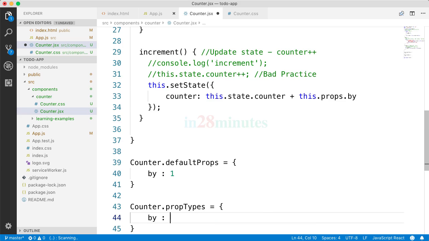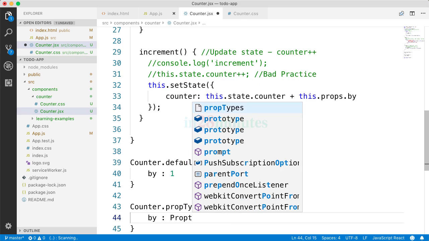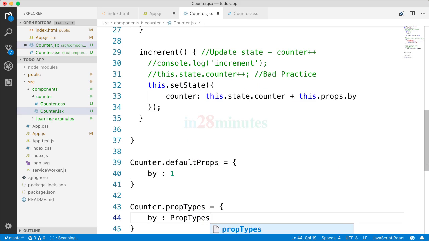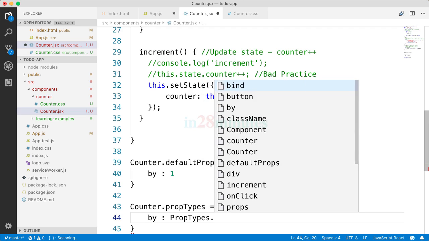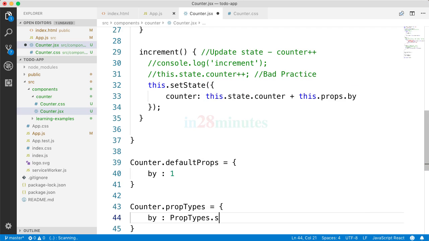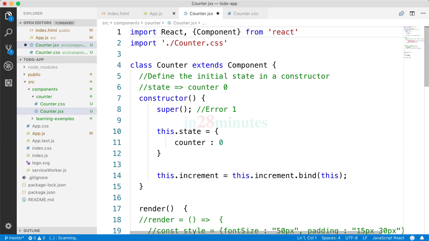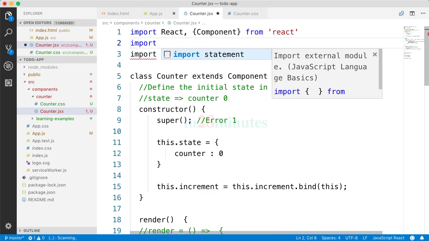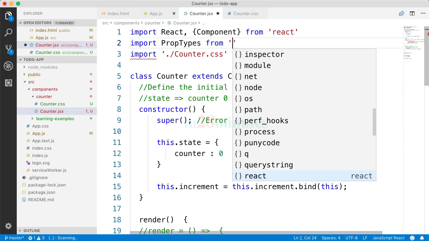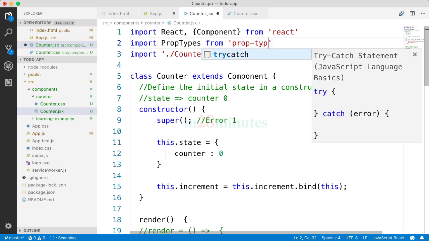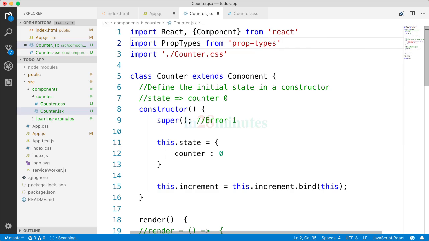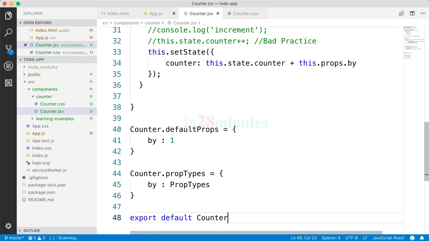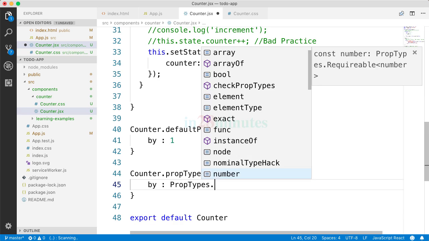and say by is PropTypes dot. It's not getting imported automatically. Let's go ahead and import it in. So I can say import PropTypes from 'prop-types'. So I'm importing PropTypes from a module called prop-types, and I can say over here PropTypes dot,